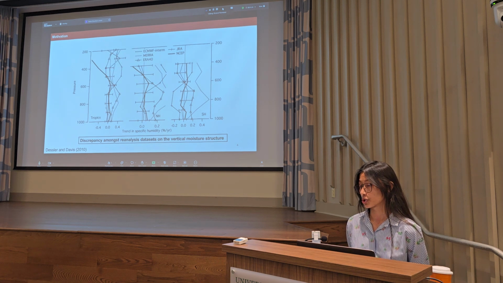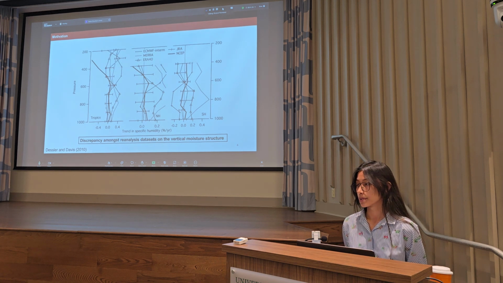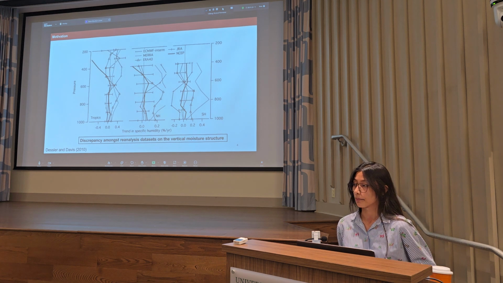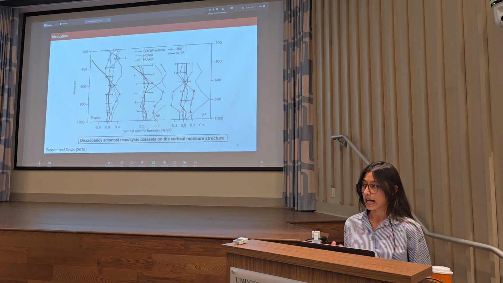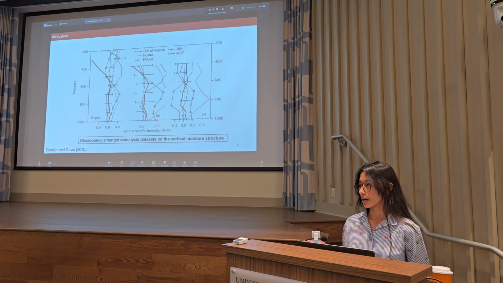And depending on your choice of reanalysis dataset, specific humidity can either increase with global warming as you move up in the atmosphere, or even decrease as shown for the NCEP reanalysis dataset, more so for the tropics, represented here by the black bold lines. This discrepancy amongst reanalysis datasets stems from a number of different possible reasons, one such being the heterogeneous data assimilation that goes into